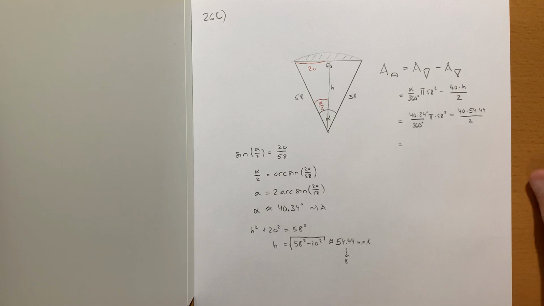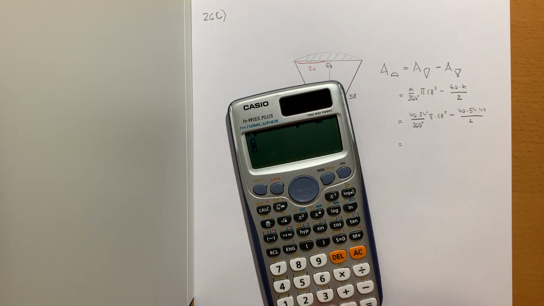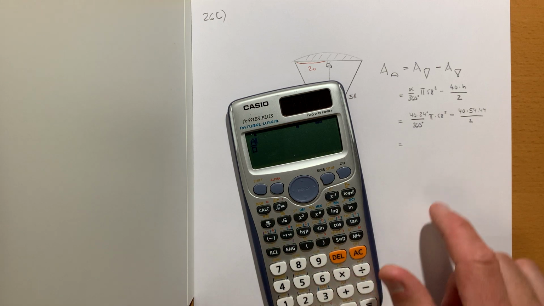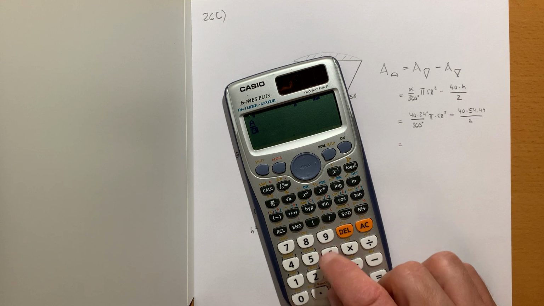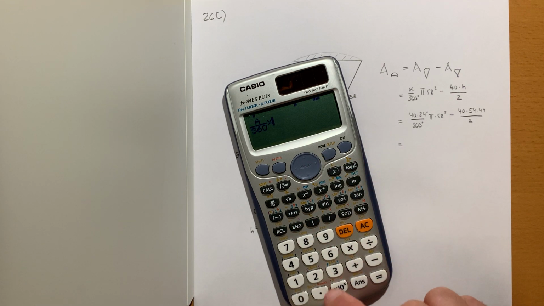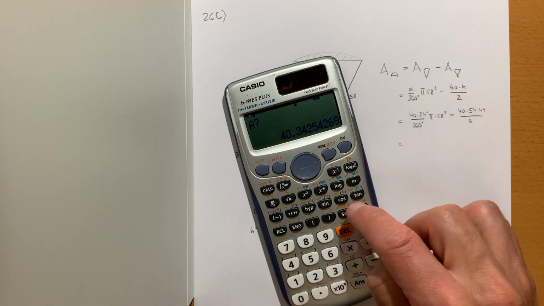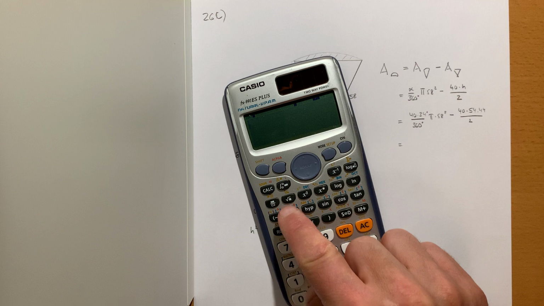So we can type this in. So this is, recall A, this is A, divided by 360 times pi, no, sorry, let's restart, sorry,